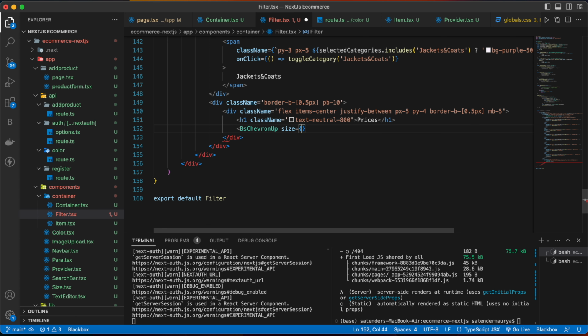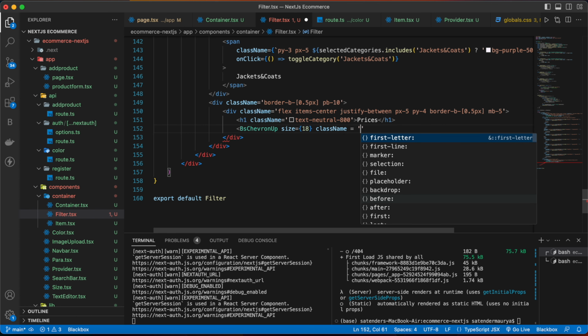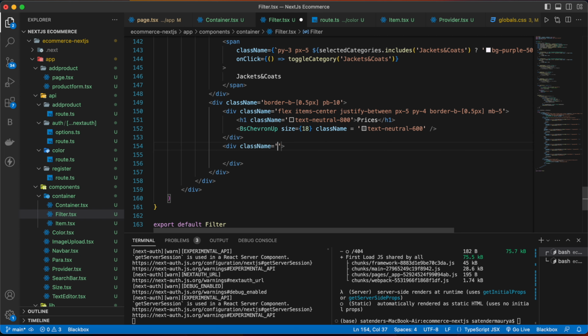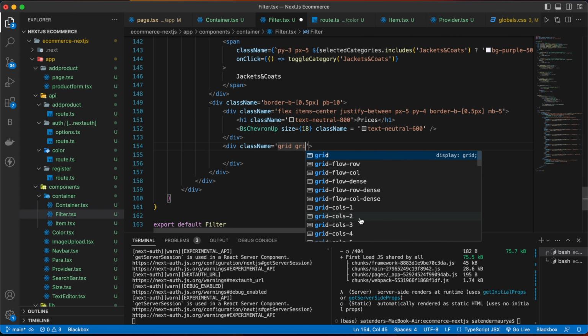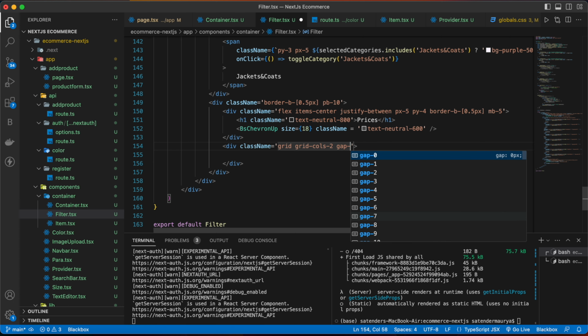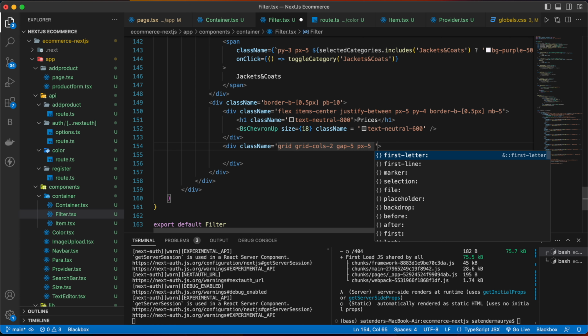Size will be 18, and then the class name will be text neutral 600, then close. And now below this div, make one more div with the class name grid, grid cols 2, gap will be 5, px5 overflow hidden,